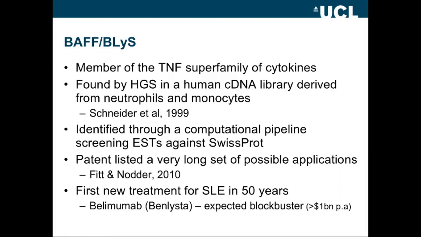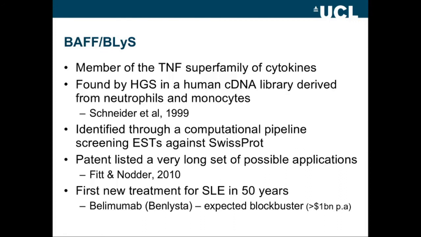So this protein, variously known as BAFF and BLyS, and it has some other names as well, is a member of the tumour necrosis factor superfamily of cytokines. It was found by this company called Human Genome Sciences by taking a human cDNA library derived from neutrophils and monocytes, so cells of the immune system,